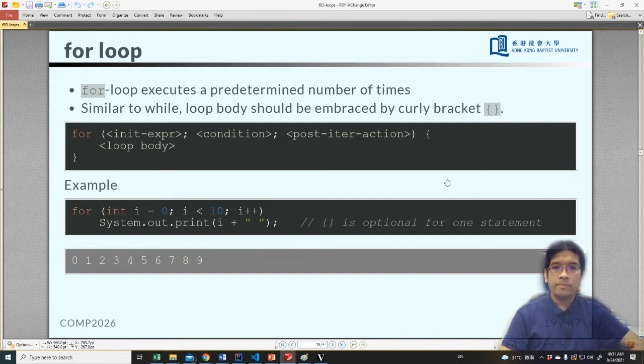The loop body should be enclosed by curly brackets. A for loop has three parts in its declaration. The first part is called the initial expression. The second part is called the condition. The third part is called